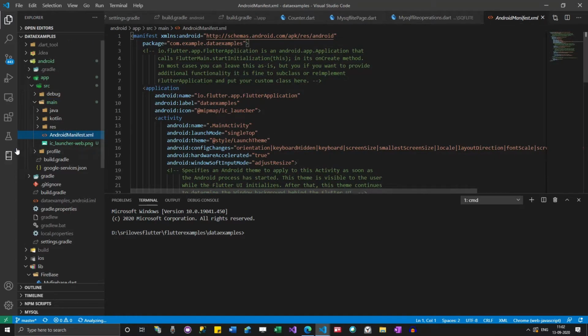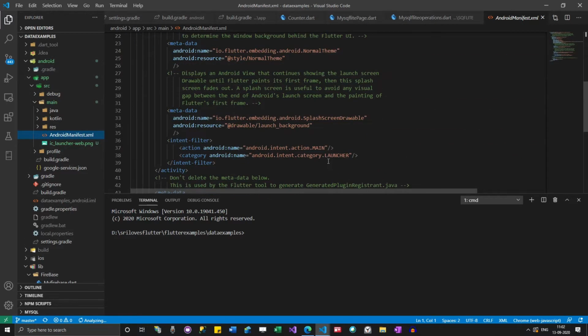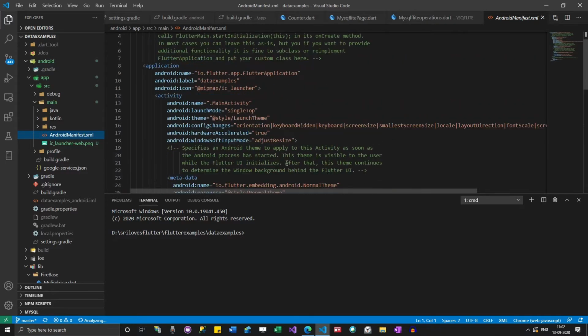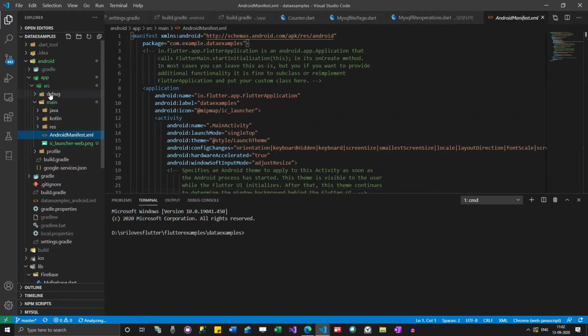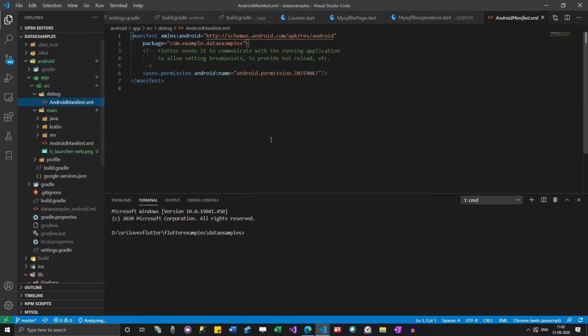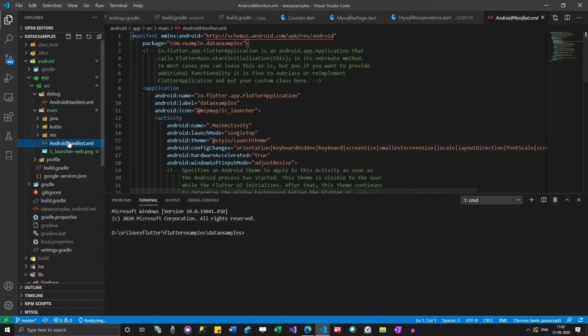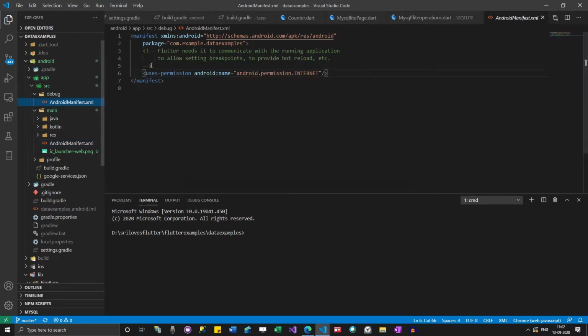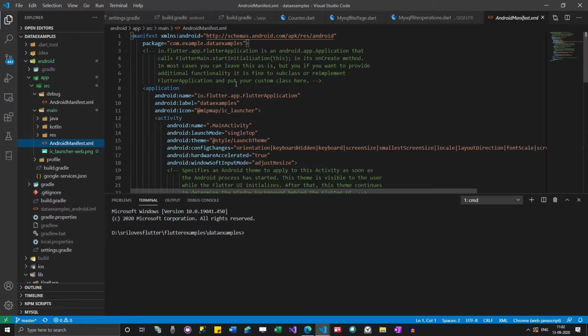So usually in these Android manifest files, we will add those permissions. Okay, let me check. If you see debug, it by default has got internet permissions. So I think probably this is the one where you need to add. So use internet permissions. You just have to add some internet permissions over it.